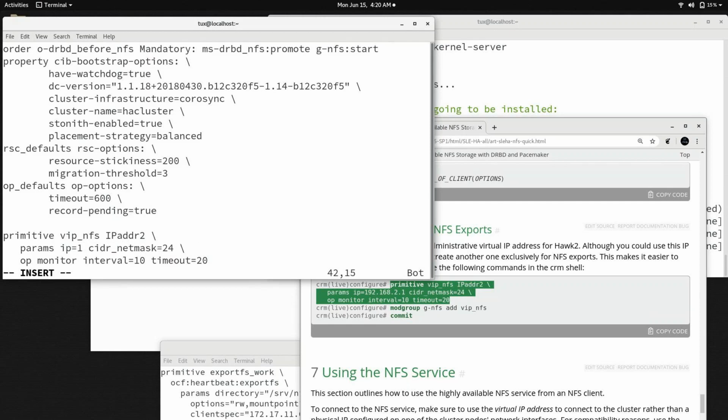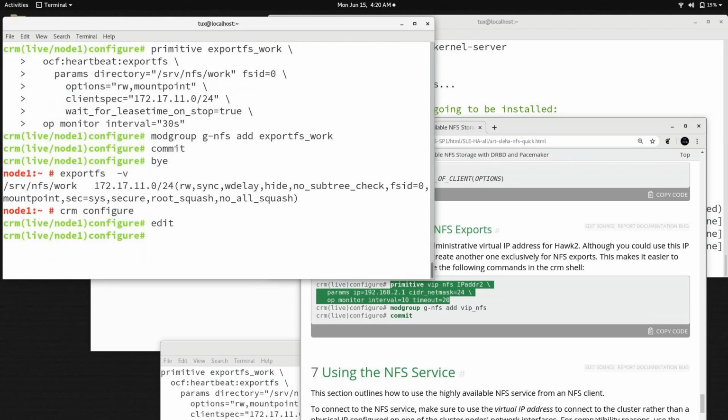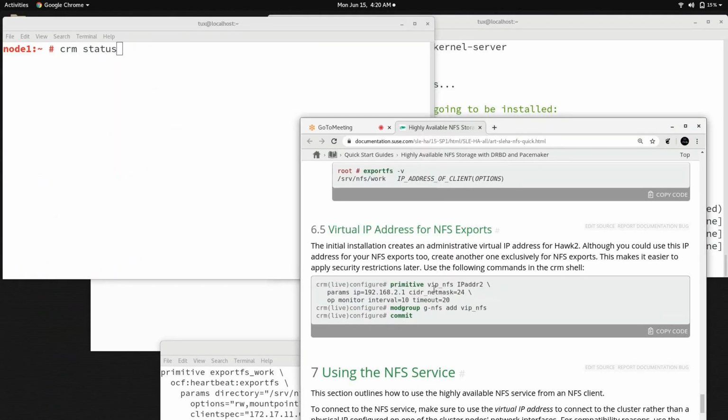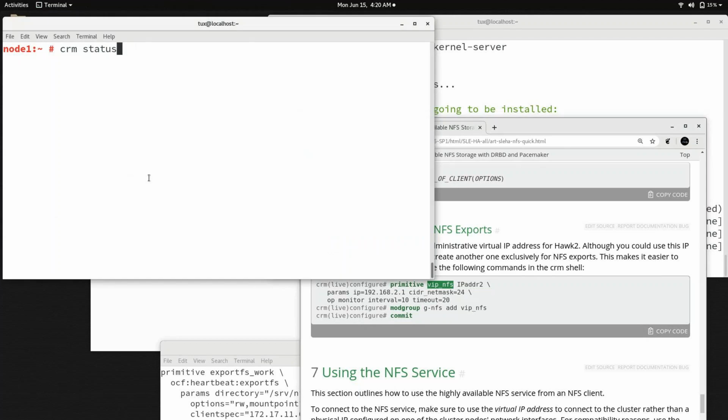So 172.17.11.120, let's say, for example, and save it and commit. Right. So let's see CRM status. There must be this resource, and the IP address is whatever I have given.